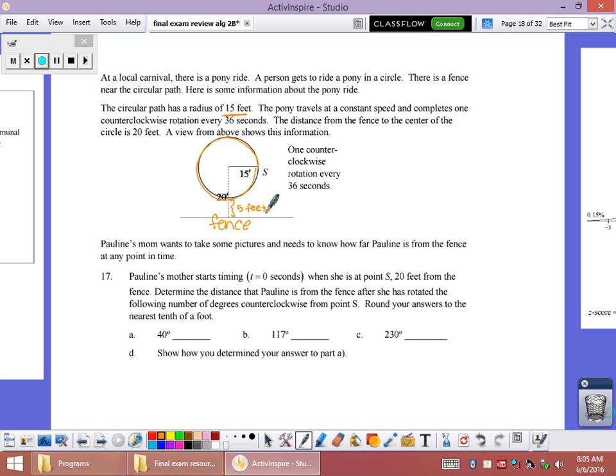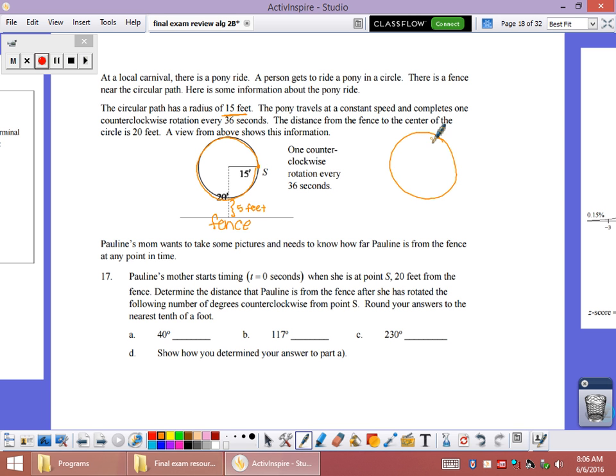So we're going to start here at position S, and Pauline is going to start timing there. And at all these different angles, she wants to know how far Pauline is from the fence. So I'm going to draw a picture to help me figure this out. But for the 40 degrees,